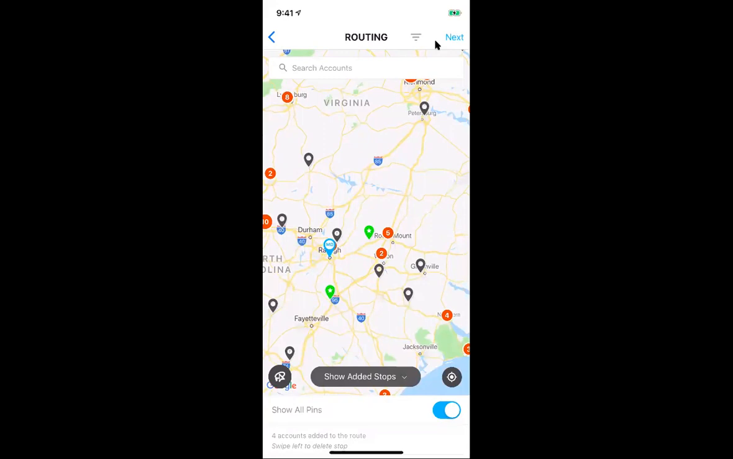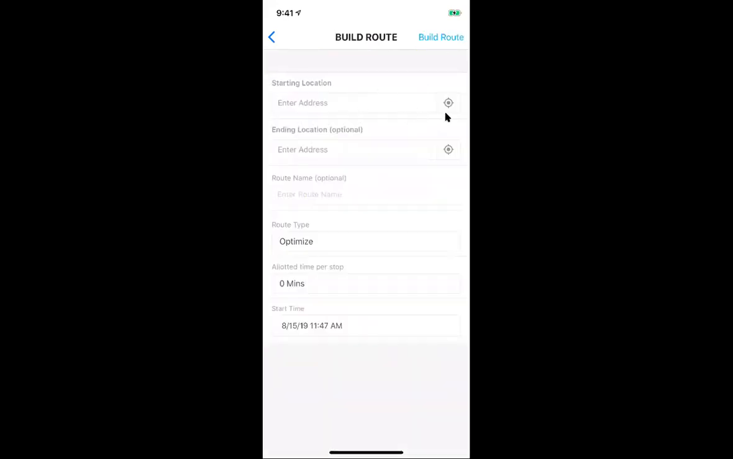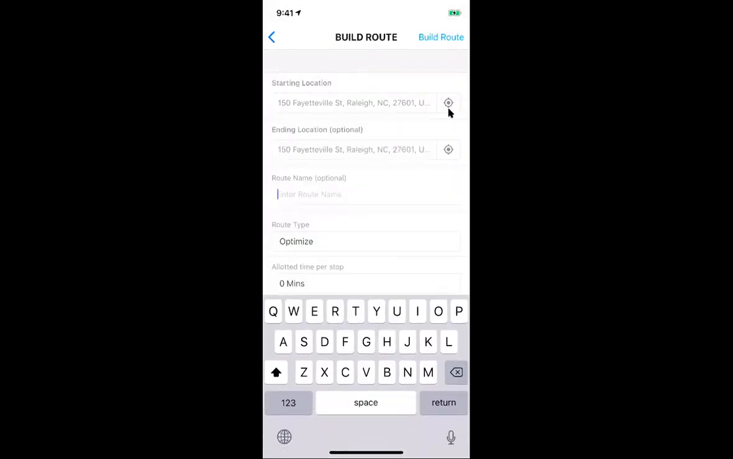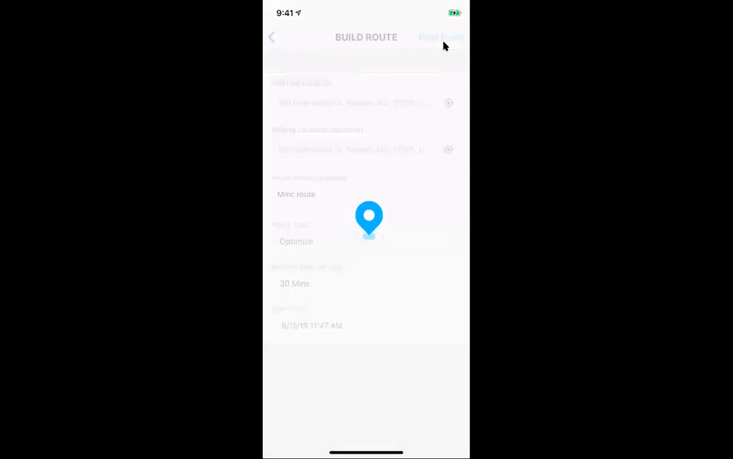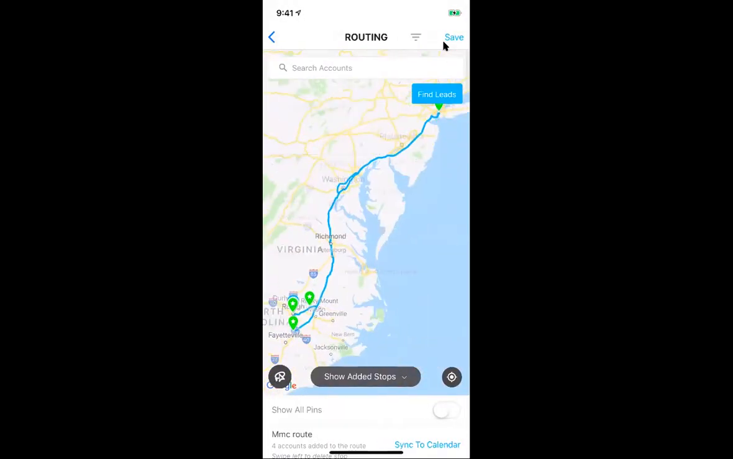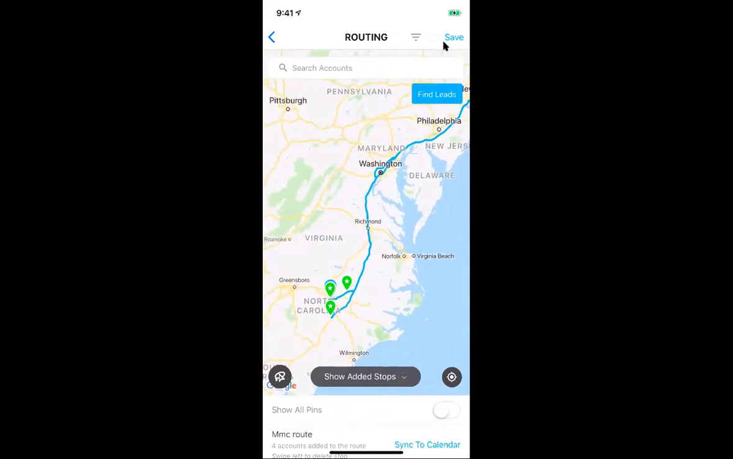I'll click next now. I'll have this find my starting and my ending point by clicking this target icon. I'll name this route MMC route. I'll choose to keep this as optimized to get there as quickly as possible, and then also estimate how long it'll take at each stop. We'll go ahead and build this route. And just like that, we have a route that takes us all the way through to the pins that I